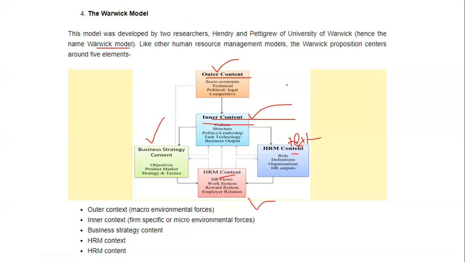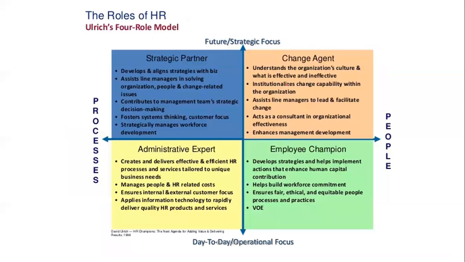So this is how this model really is important in making the organization understand the impact of the environment, and immediately what strategies to put in use. Then we have, yes, so these four models we have done very well. But apart from that, we also have one model that is called the Ulrich model. I thought they should also ensure that these models are understood very well, because there can be a question on this. So basically, this model is developed by David Ulrich,